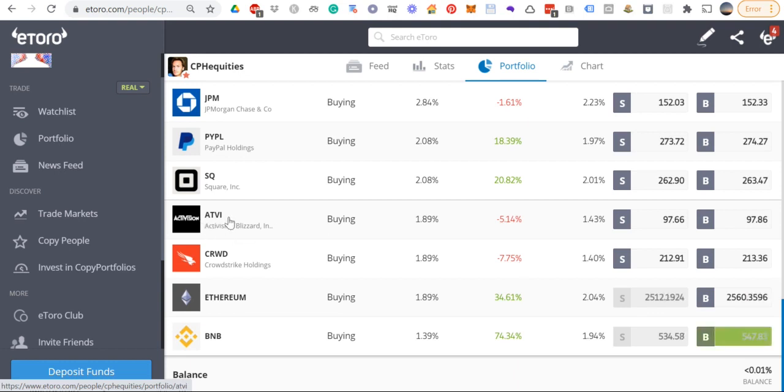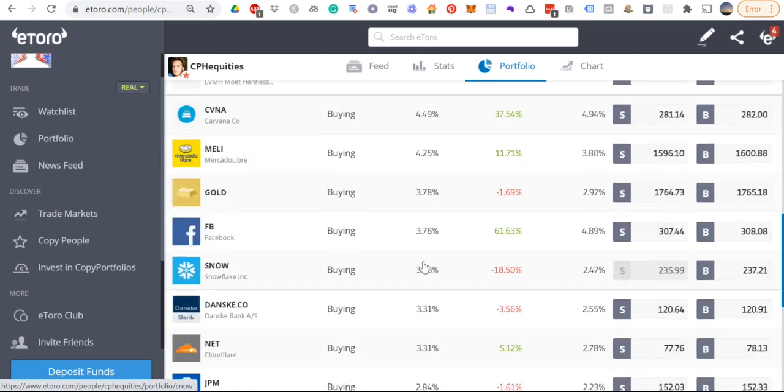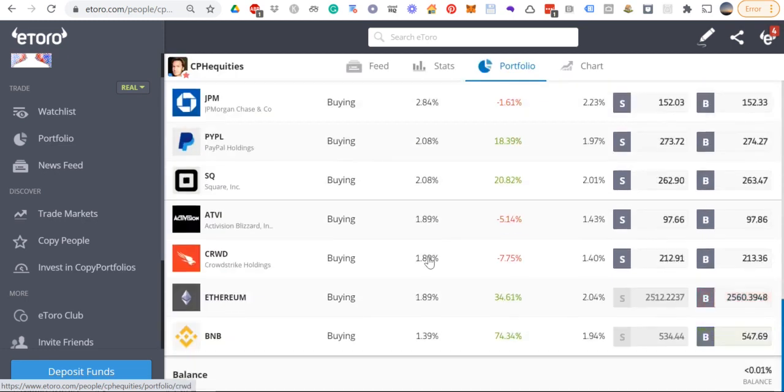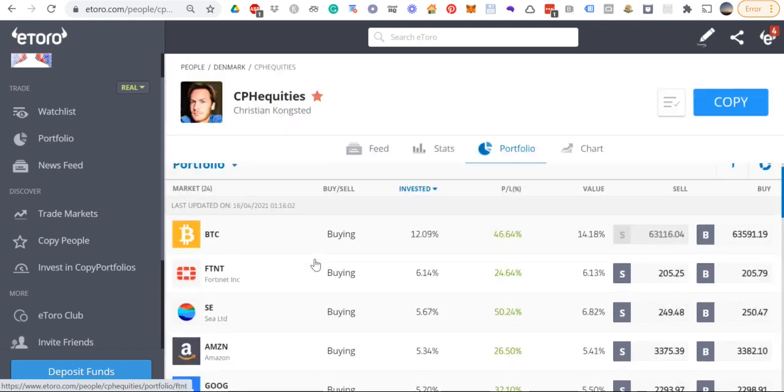Yeah, so there's some gaming there, Activision Blizzard. Again, it's only 2%, so he's not losing a lot there. It's more about what's in your 5%, 4%, 3%, so that's more important. And a bit of Ethereum here. It's done well, obviously, but only 2% in it. But apart from that, this looks quite